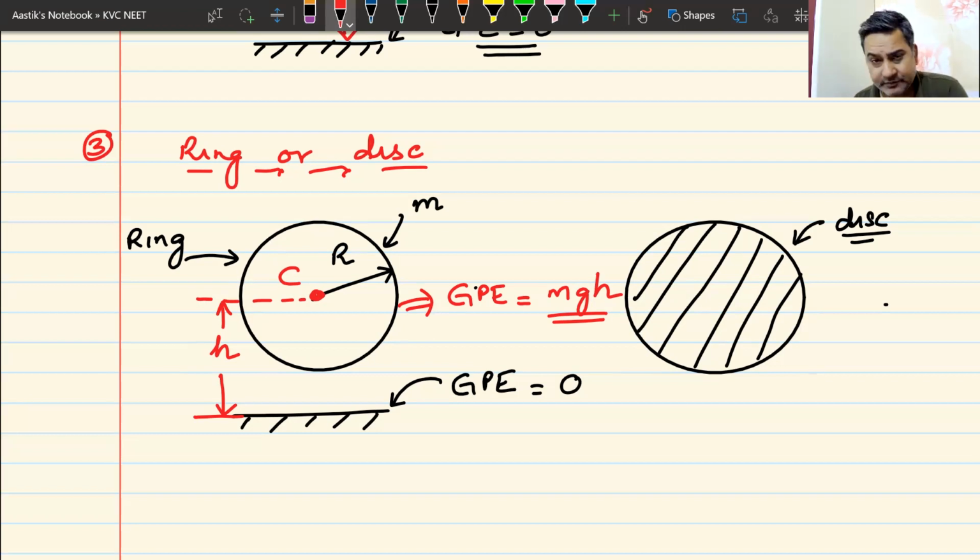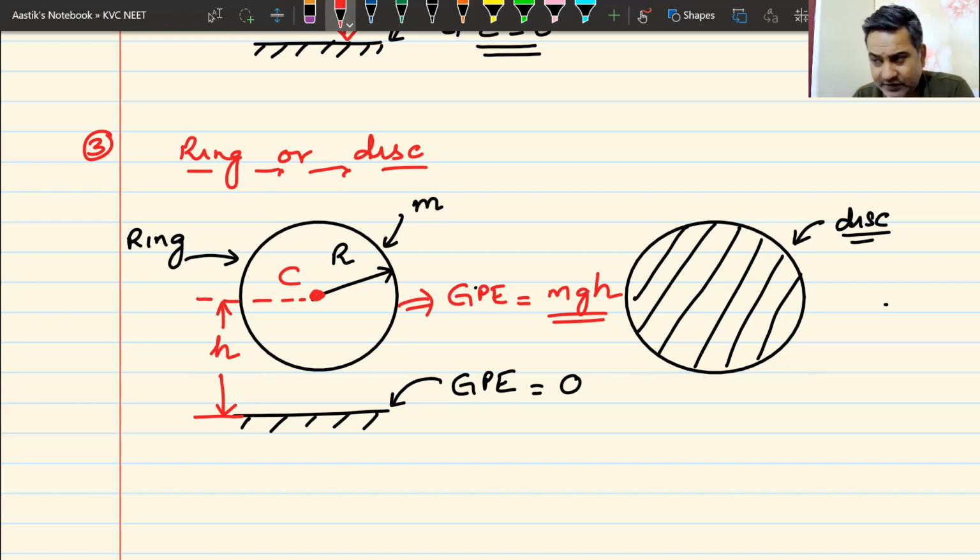I leave you at this junction where we have understood how to find out the gravitational potential energy of different bodies. Up till now, we had only done point masses, but now we also know how to find out the gravitational potential energy of a rod, a ring, a disc, a chain, and a rope. This is more than enough that you need to know. I will wind up the class here today.